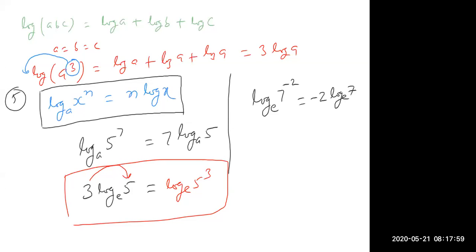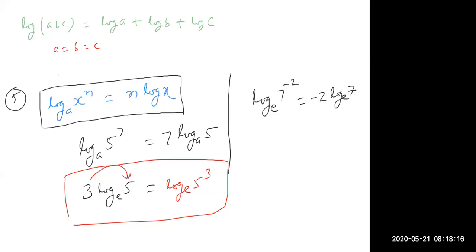Sir, excuse me. Yes, sir. You have written something in the red, right? Log A to the power 3. Can you explain that again? See what I have written here. Before that also I have written something. I think A is equal to B is equal to C. Yes, sir. So what will happen with log ABC here? Put ABC. If all three are equal, A into A into A. Can I write? Yes, sir.